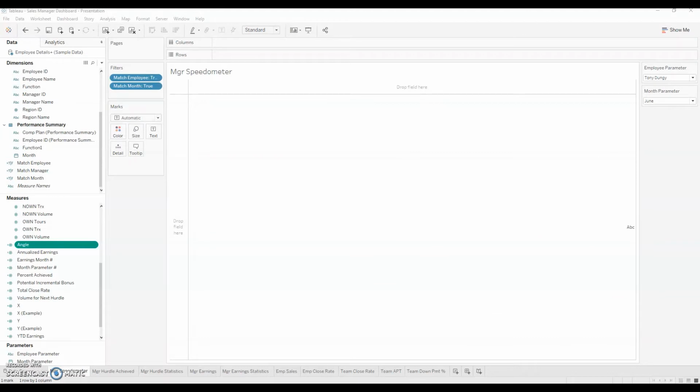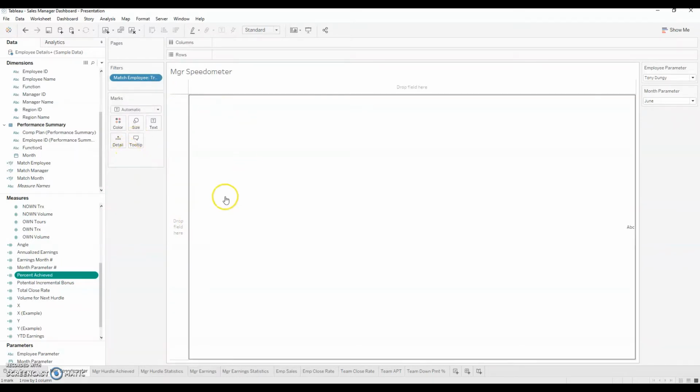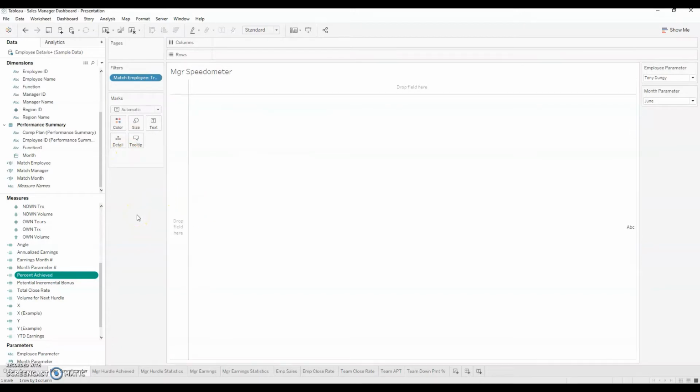So for each of the fields I just covered, I now have as calculated fields within Tableau, as you can see with the angle formula and my percent achieved formula. For this representation, I can actually remove my match month filter, and I'll explain that a little bit further in a second. And then the next thing I need to do is drag my X and Y coordinates into the